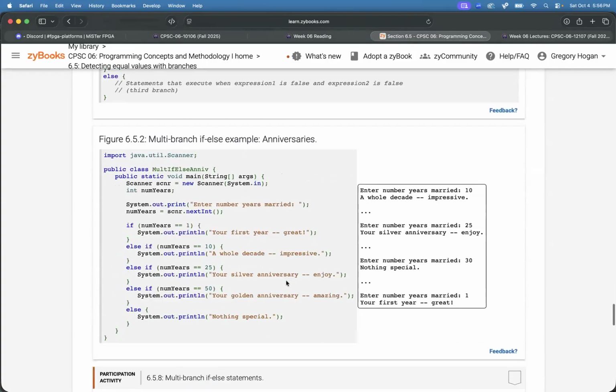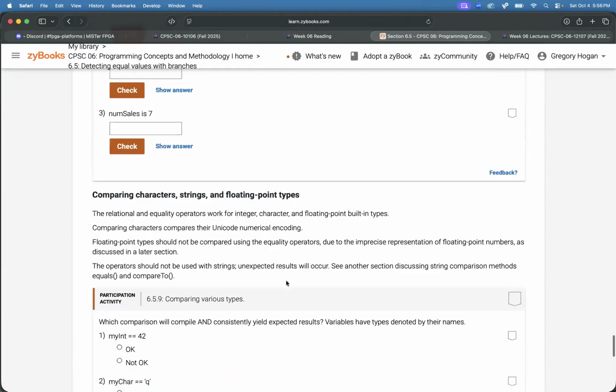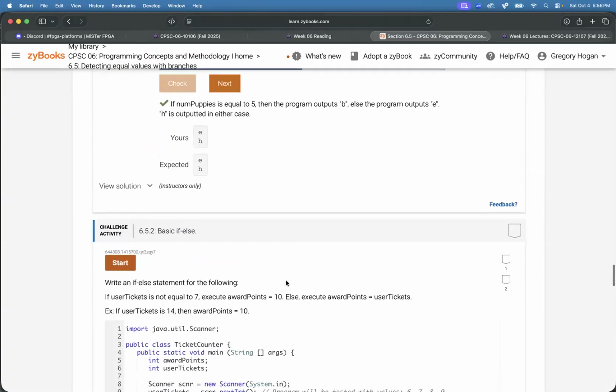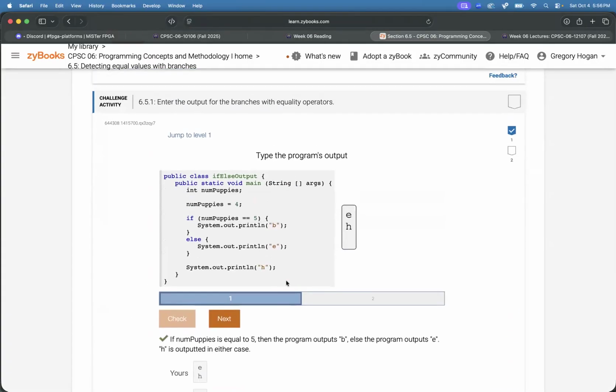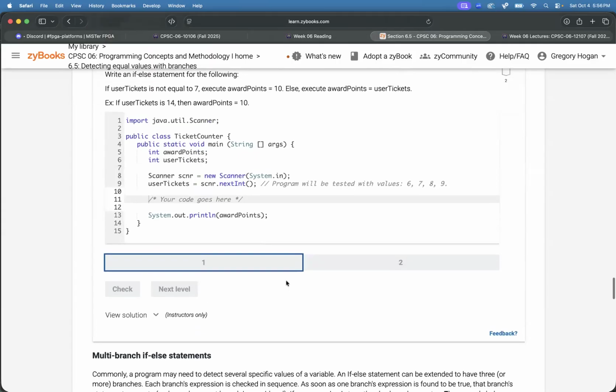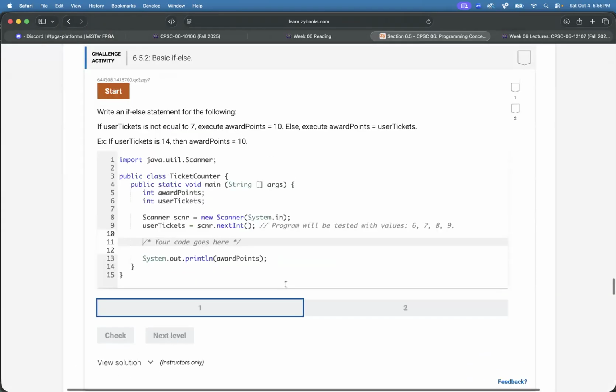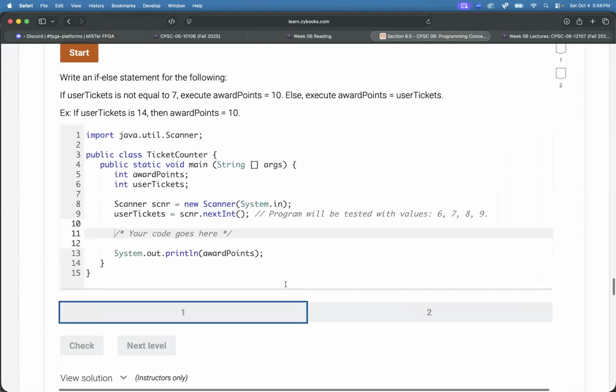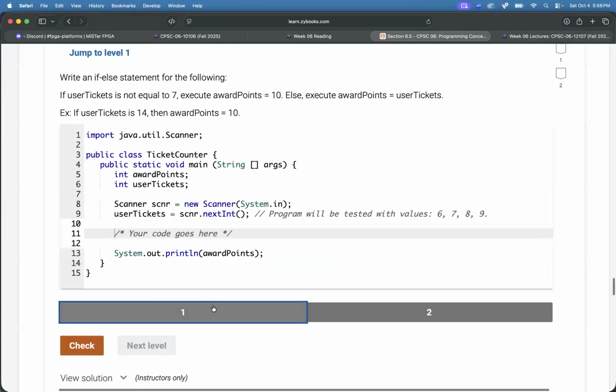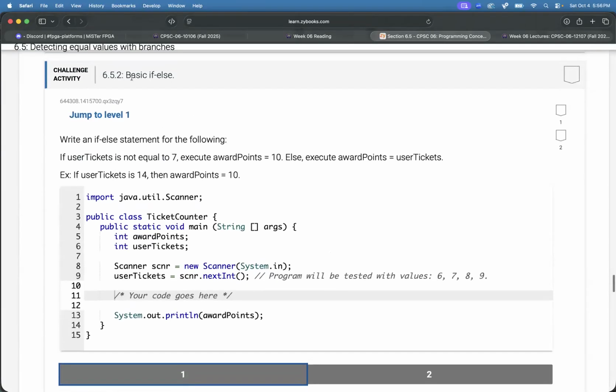And let's see if we can do, oh man, kind of long. So we might have to do more of these on Monday, but let's pick something. The nice thing about these is if you do understand the concept of an if statement, there's not really too much thinking here. You're just typing exactly what it says to do. So if I read this one, this is 6.5.2 basic if else, and it says